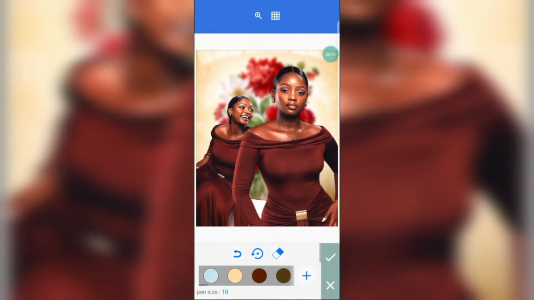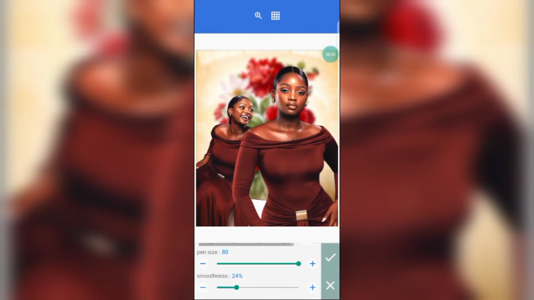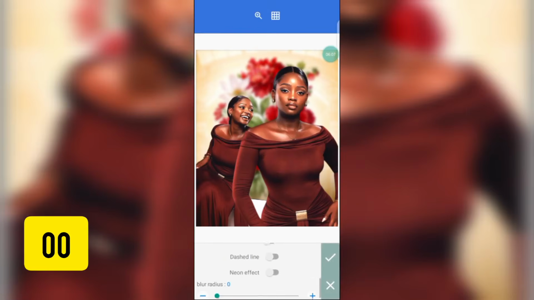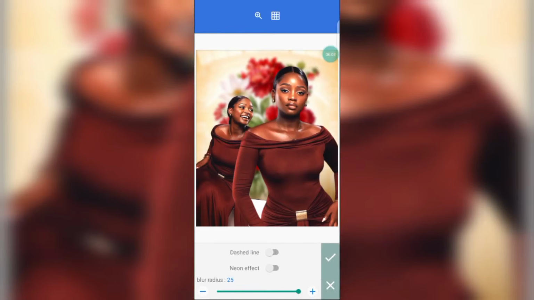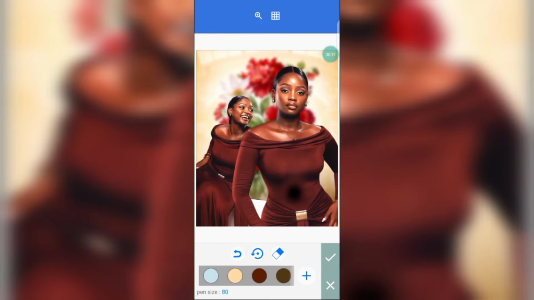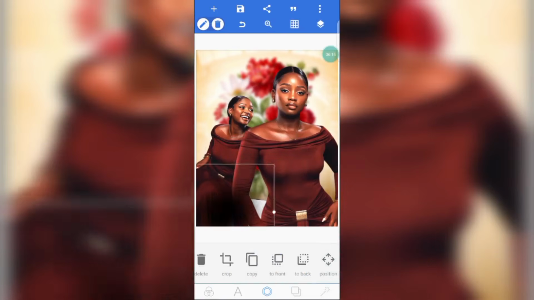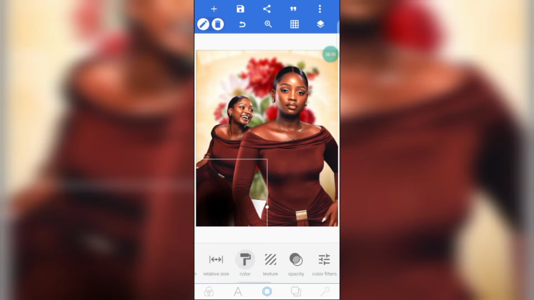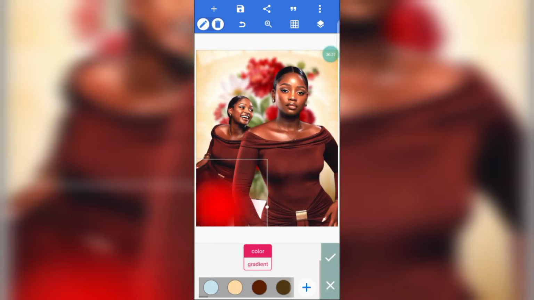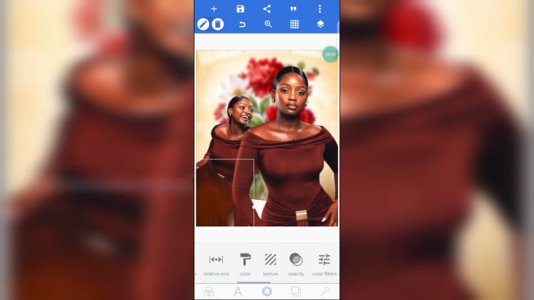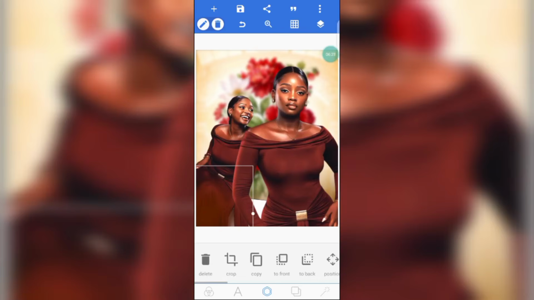So click on draw, increase the pen size, the smoothness and the blur reduce. Tap on your screen, click on the good icon, increase it, bring it down. Now go to color, enable it. We'll be using this color. Yes, so take it down, copy it, place it here,